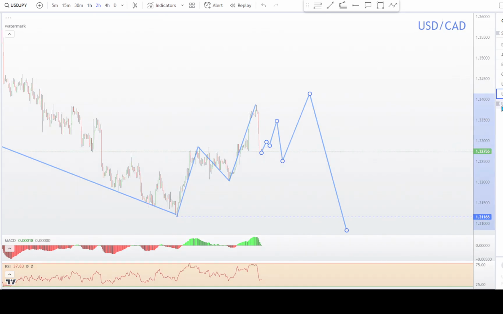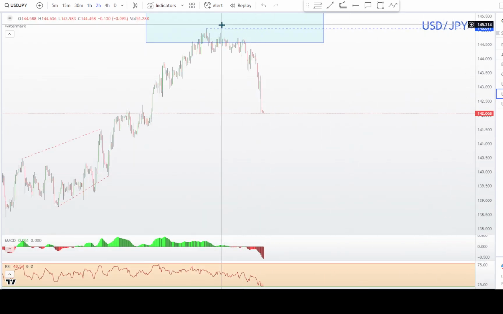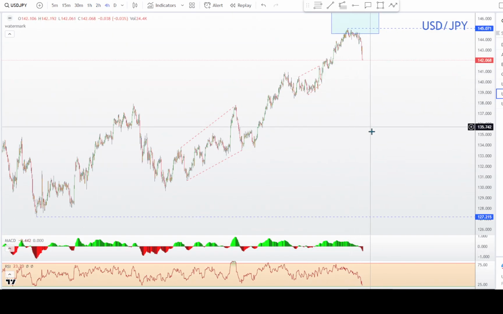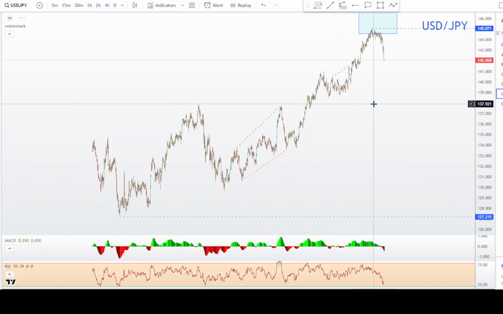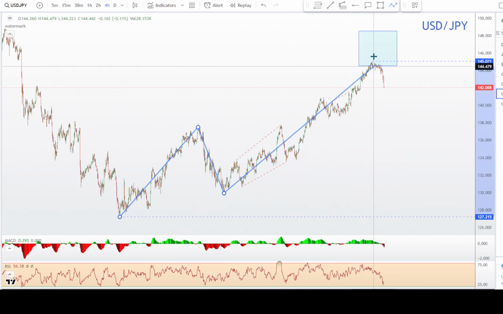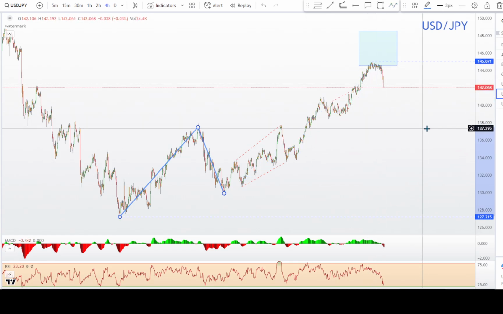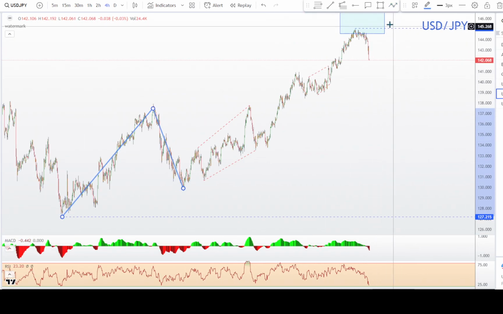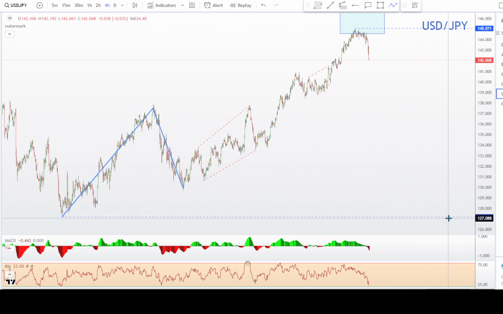All right, let's move on to the yen. All right, so the yen finally is making its correction, or going to start to impulse down, because I think, as I've been saying, we just had A, B, and then 1, 2, 3, 4, 5 waves up for the C wave. And so now the dollar yen should be falling to come down and take out this